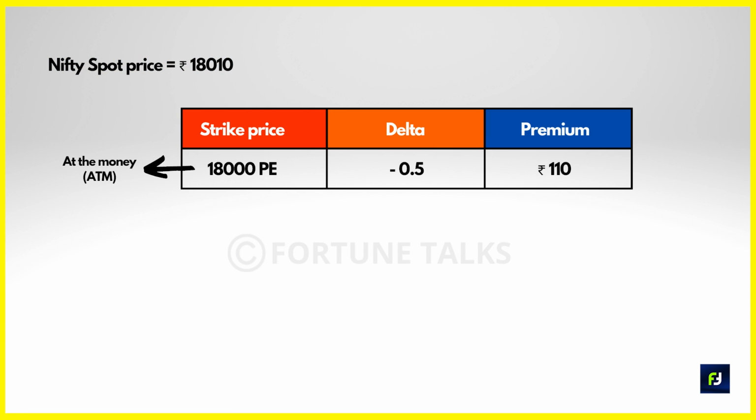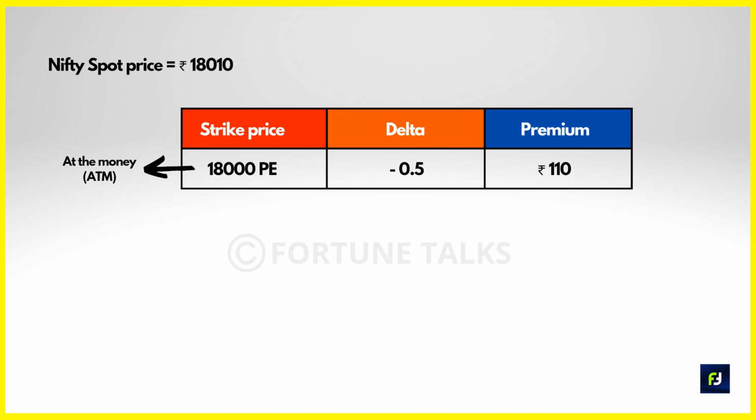Let's look at a similar example for put options to have a solid understanding of the concepts. Let's assume that the Nifty spot price is 18,010 and so the at the money strike is 18,000. Now if you consider the 18,000 at the money put option, which is priced at 110 rupees and the delta value is close to minus 0.5. This means for every 1 rupee change in the Nifty spot price, the 18,000 put option premium will change by minus 0.5,